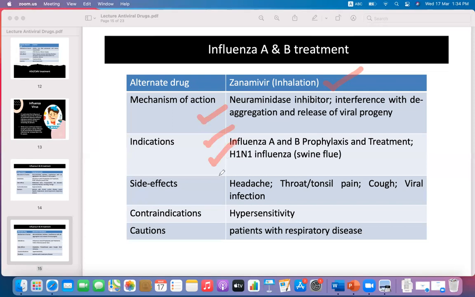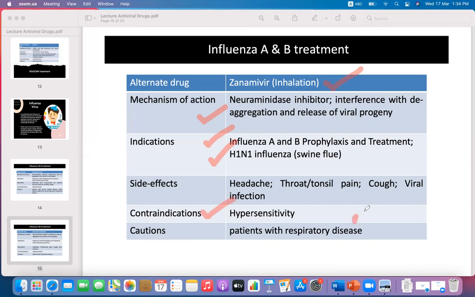Side effects include headache, throat and tonsil pain, cough, and maybe other viral infections will attack. Contraindications: documented hypersensitivity, and the caution is patient with